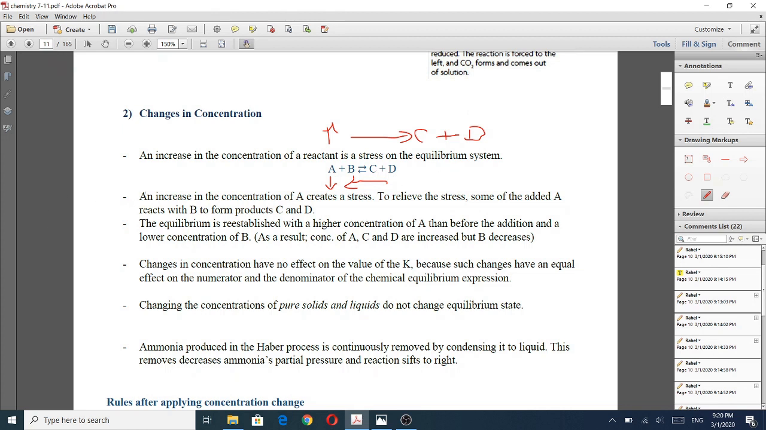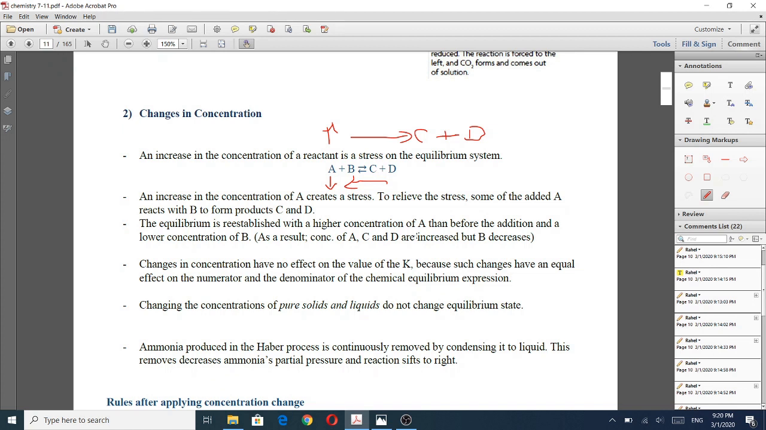So the same thing is written here. An increase in concentration of A creates a stress. So to relieve the stress, some of the added A reacts with B to form products C and D. Now this is the change of the concentration of A, B, C, and D. So the equilibrium is reestablished with a higher concentration of A, of course, because we have added some A,